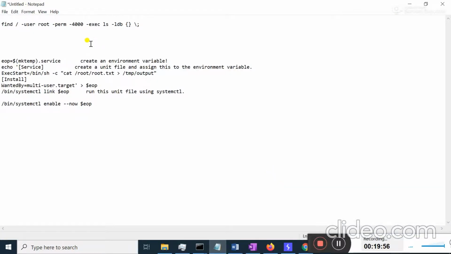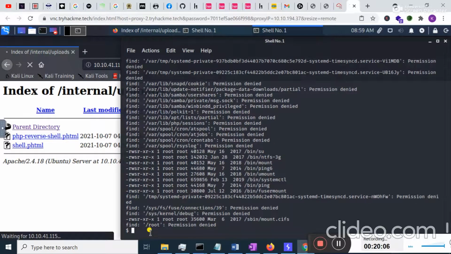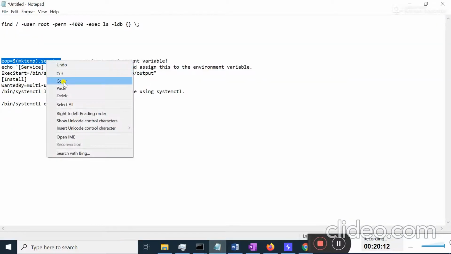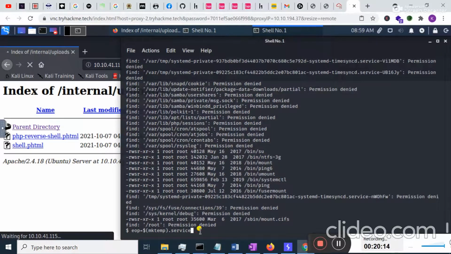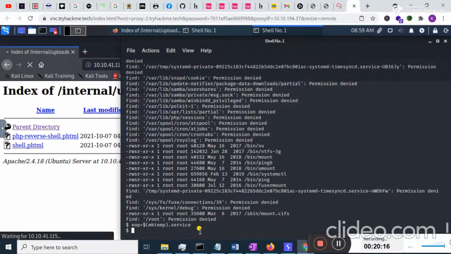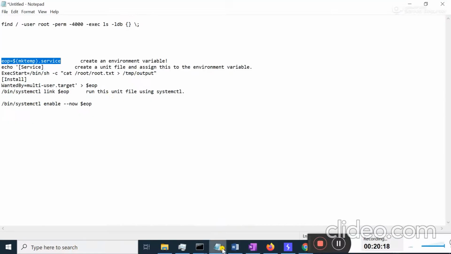Students, now it's time to set a variable. First of all, I will use this command. I can copy this from here, move to the terminal and paste it here. If I hit enter, okay, let's try the next one.